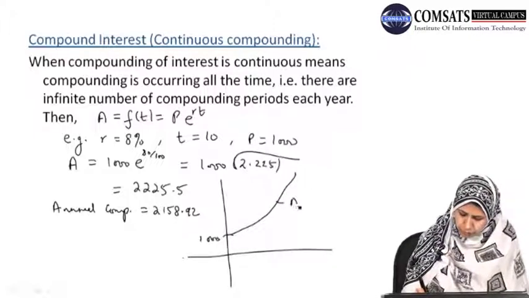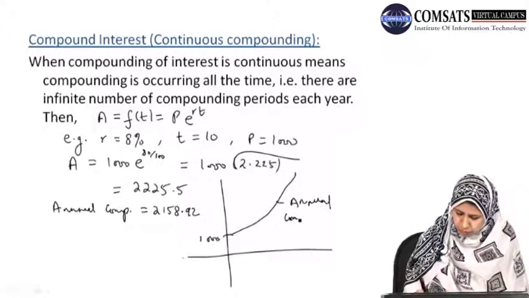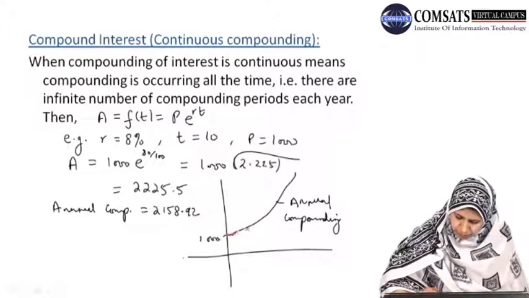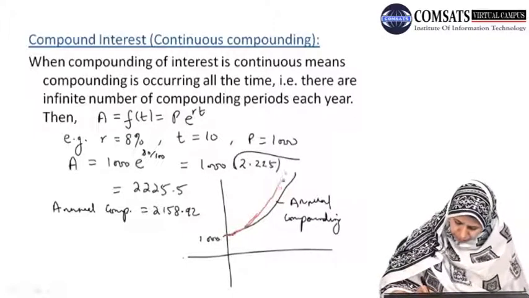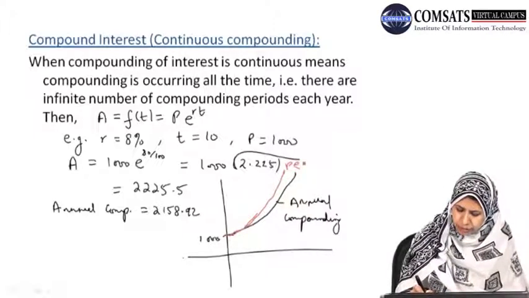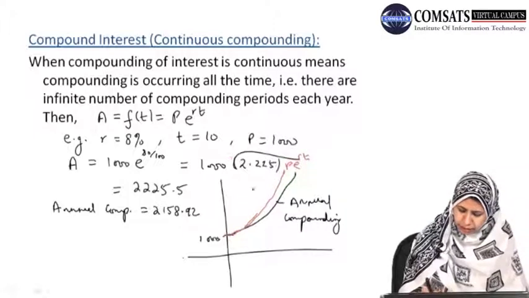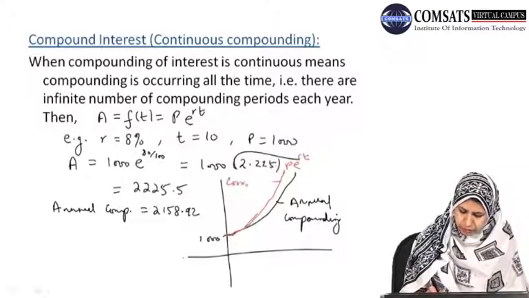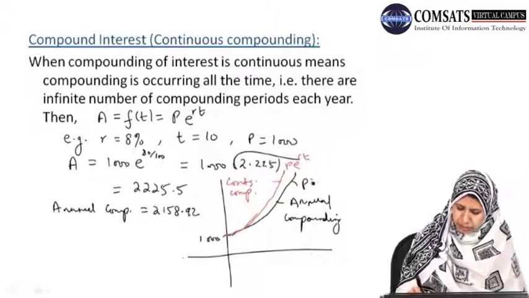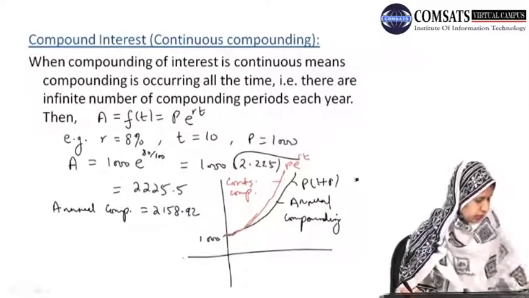This is the graph of annual compounding. Continuous compounding will be starting from the same point and like this. So this is the graph of principal amount into exponential of RT, that is the continuous compounding. And this is the graph of P into (1 plus R) to the power